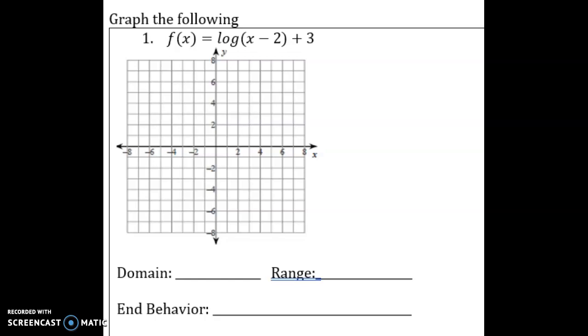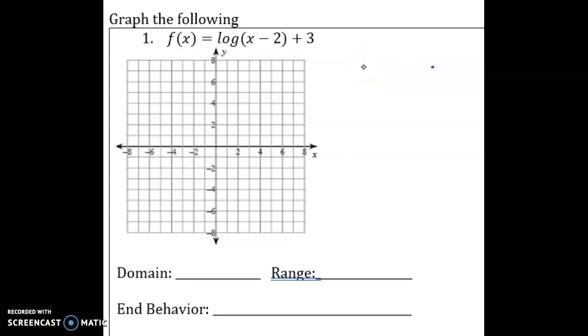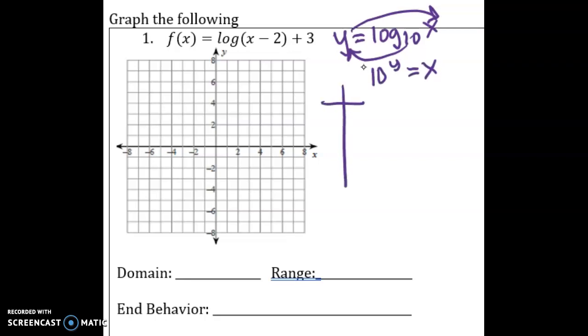So to graph the log of x minus 2 plus 3, first let's think about our parent function, which is y equals the log base 10 of x. And again, we prefer to think of this as an exponential, so let's flip it around. 10 to the y equals x. So we find our parent points,